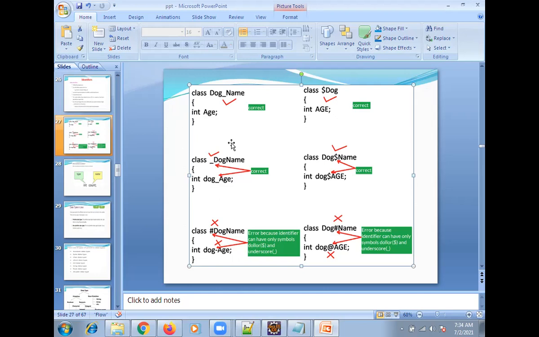IFSC code is a combination of letters and numbers. Amount might be 100.25, which means decimals, so the amount we need to give as a float. Decimal points we cannot store in int; we can store them in float.